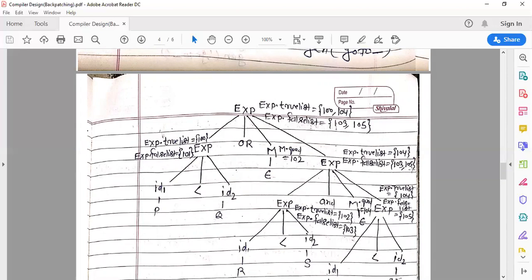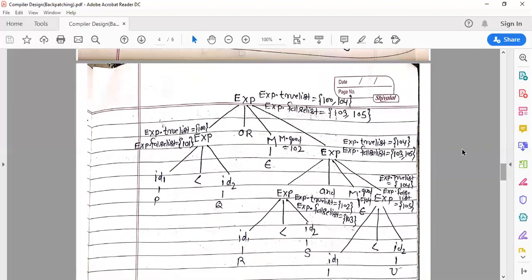So this 103 and 105 is assigned to exp.falselist. So here you can see we have the true list and false list at this root node. The true list contains 100, 104, and the false list contains 103, 105.